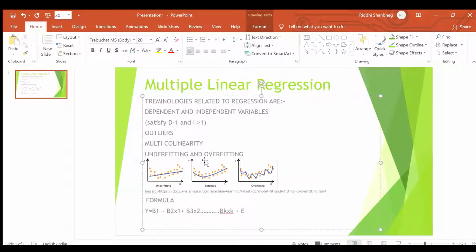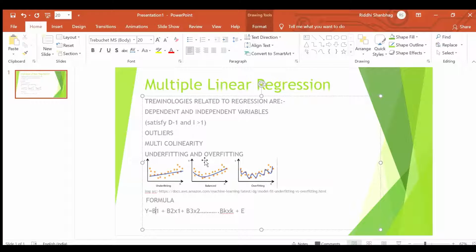For example, if we have to predict certain sales related information for last year, then the sales prediction is the dependent variable, whereas there are numerous independent variables for this, like where sales are hampered and where the sales were good, etc. So for multilinear regression, we need to satisfy one condition, that is the dependent variable should be equal to 1 and independent variables can be more than 1. So in this example of sales prediction, we have one dependent variable, that is sales prediction, and multiple independent variables like where the sales are hampered and where the sales were good.